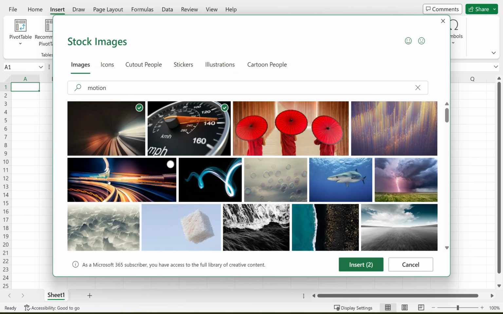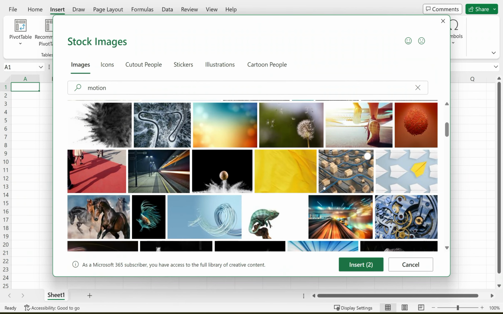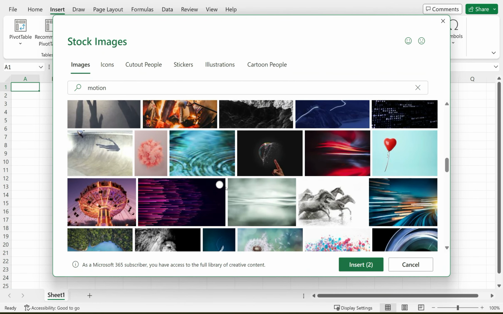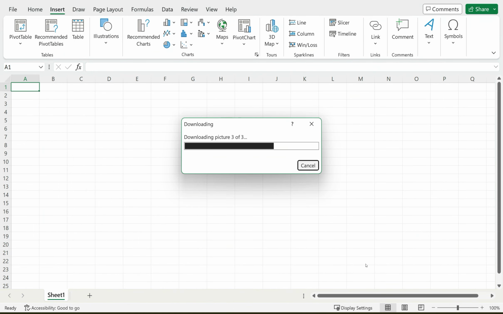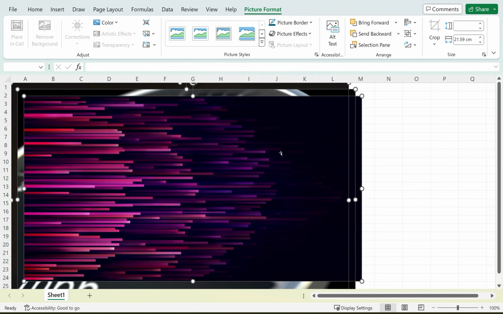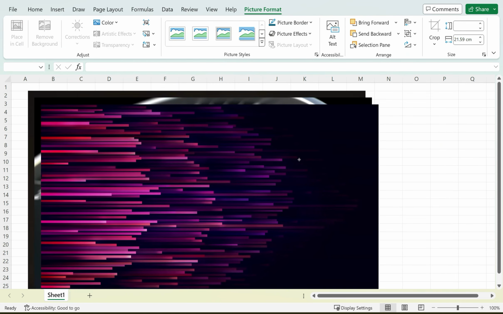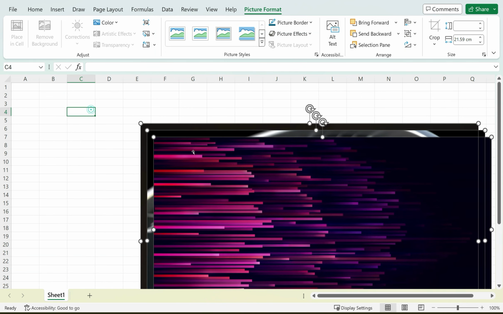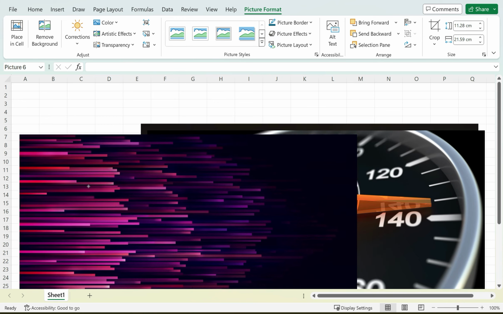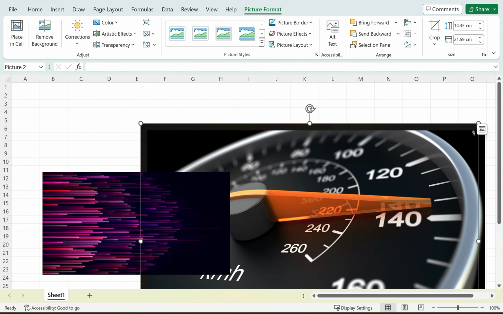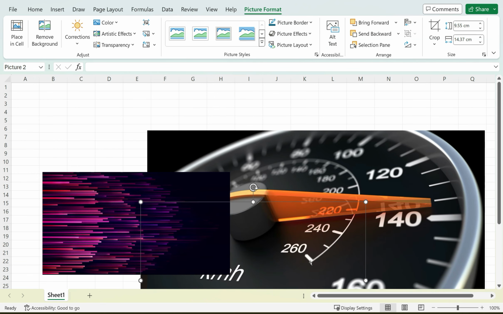You simply need to click on these images and they will get inserted into your Excel sheet right away. Let's choose one more, any. And here we are. Three images got downloaded from the stock library and they are attached to your Excel sheet. Now you can spread them, you can make them of different size as you want,